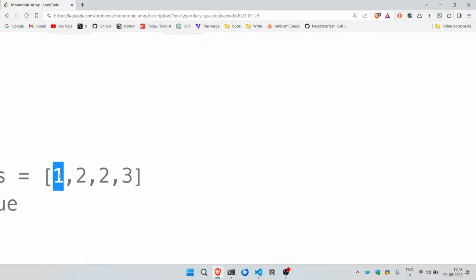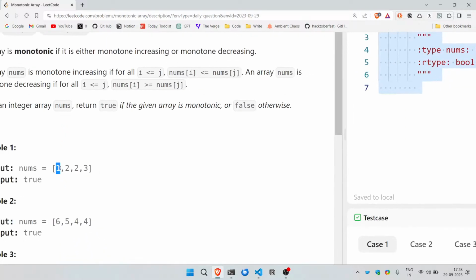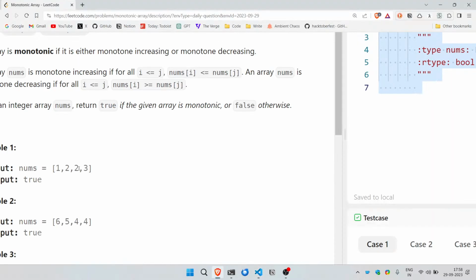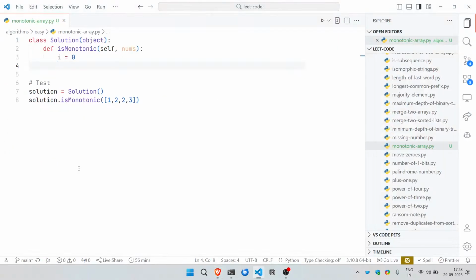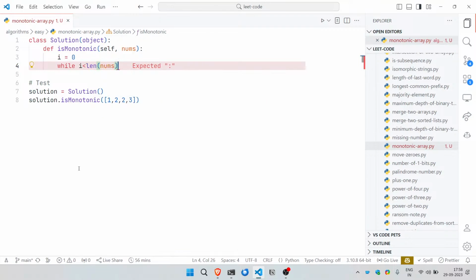So this is i right here, so i is 0, and if nums of i is less than nums of i plus 1, proceed forward and make i plus 1 to be i plus 2. So maybe we can do something like that, right? So while i is less than the length of numbers minus 1,